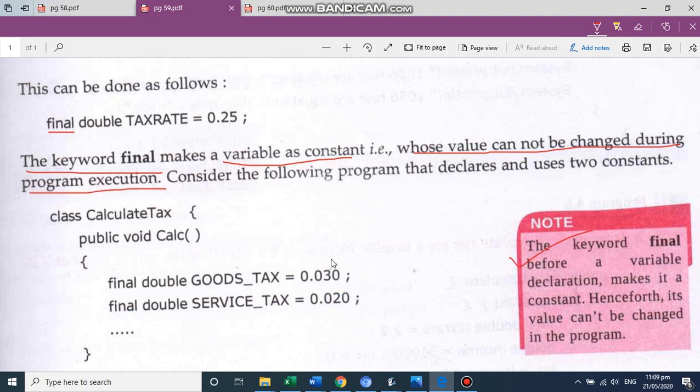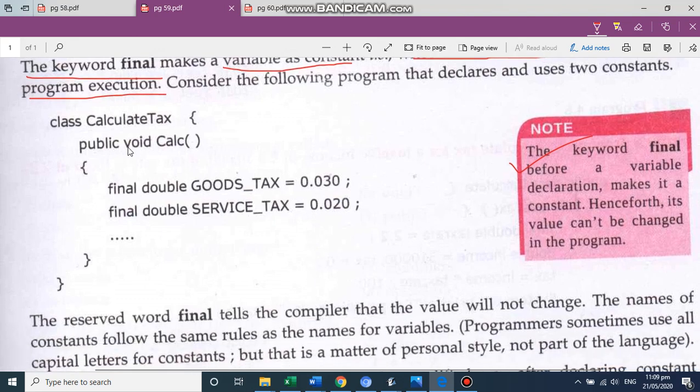So mark this note. Now see here, they have declared one class, calculate function, and then they have declared two variables here as double. Values are given but in front of it they have written the word final. That means whatever calculations are done, this value will not change. So the reserved word final tells the compiler that the value will not change.